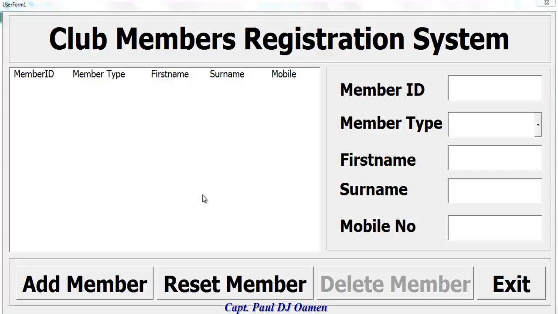Hi, this is a registration recording system developed in Excel using VBA. So let me show you guys how it works. So the first thing we want to do is to enter the members